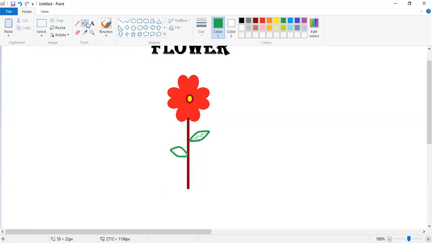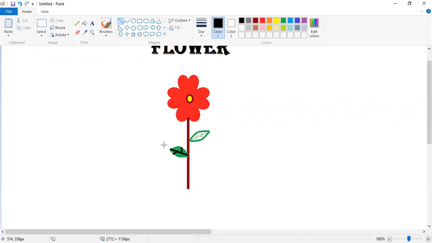And in this leaf, we will fill green color. And after filling the color, we can make leaf like this, lines like this. Any type of design you can make.